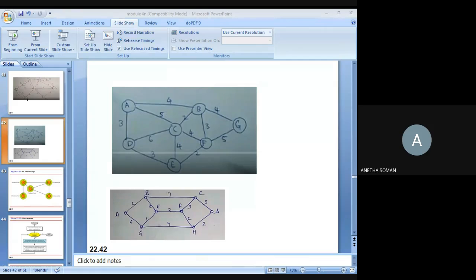Absent: Neeraj, Rankit, Vaishna. Okay, taking it down.